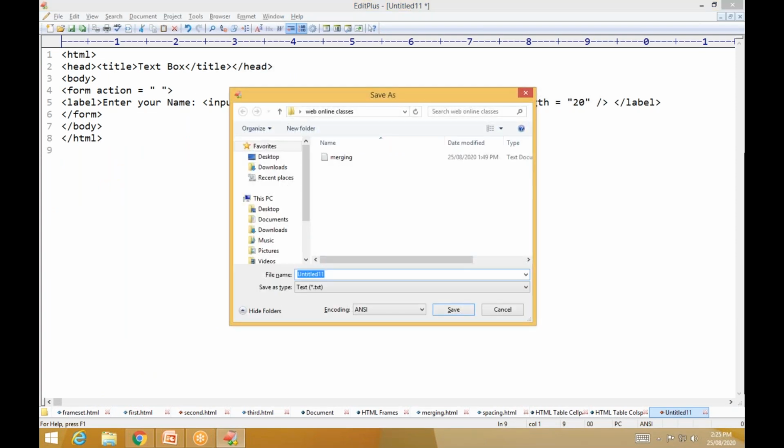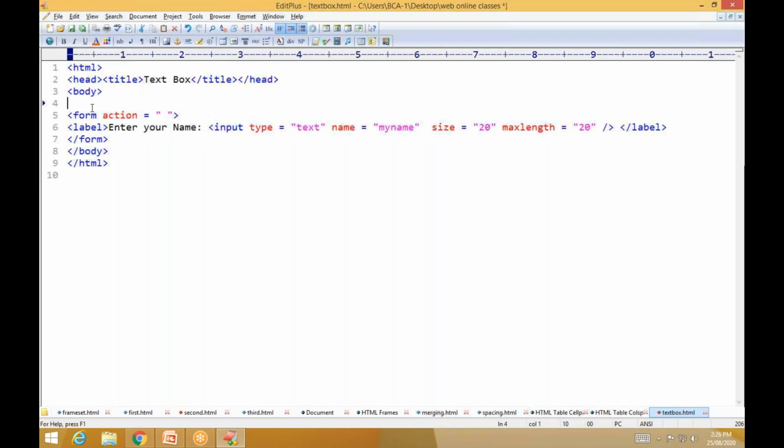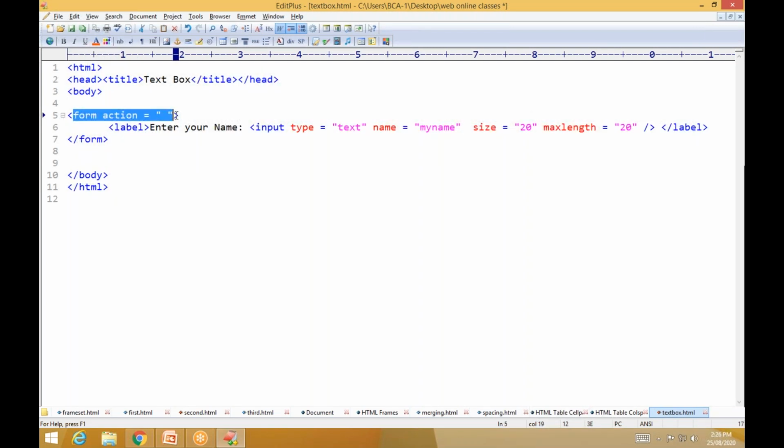First save this as textbox.html. Within the body tag we have to write a form. First we have to write the form, because we have to tell the browser this is a form.